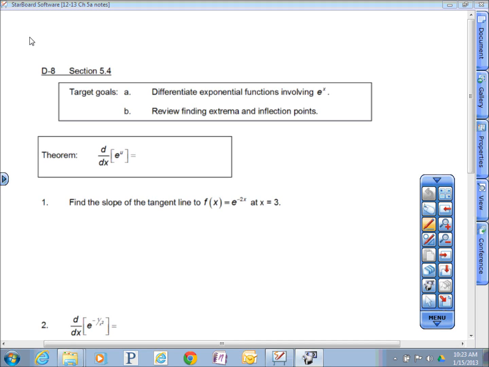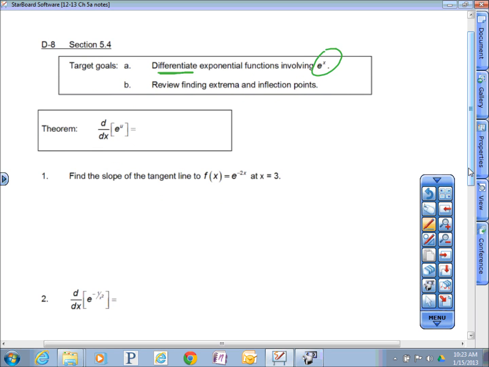Day 8, we're getting a little deeper into section 5.4. We're going to now take some derivatives of some exponential functions, but those exponential functions are all going to be in the form e to the x for right now. We'll add in other bases later. And then we're going to work on some extreme and some inflection points because we haven't in a while. So, derivative of e to the u